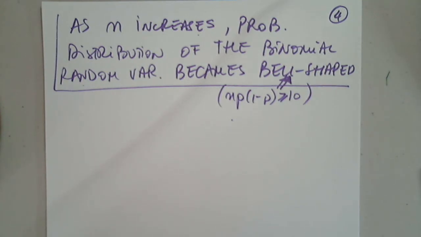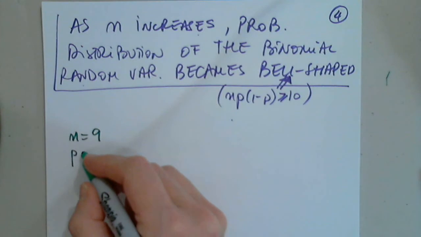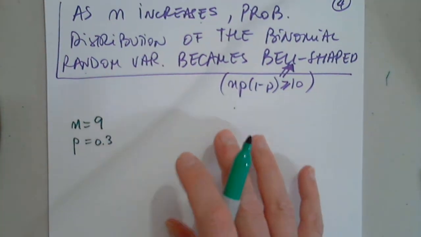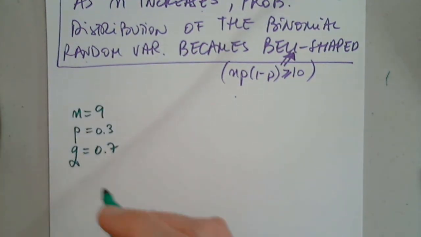Perfect. The binomial probability experiment is conducted with the given parameters. I'm going to write them down. So n is 9, that's the number of trials. P, the probability of success, is 0.3. Right away, I will write that q is 0.7. And they want us to find x less than or equal to 3. The probability of x less than or equal to 3 successes is blah, blah, blah. Let's talk about it.